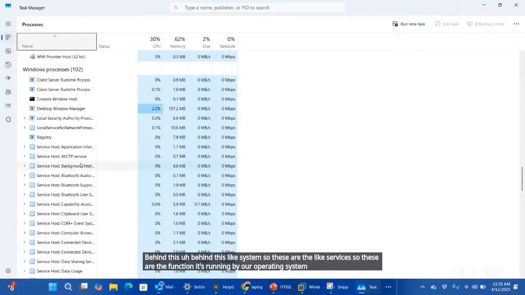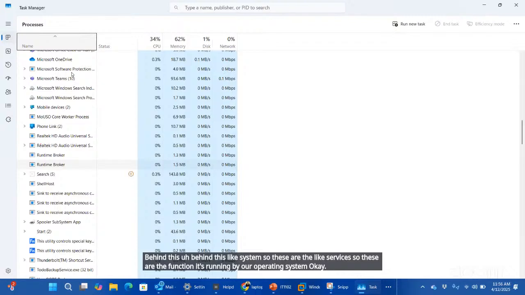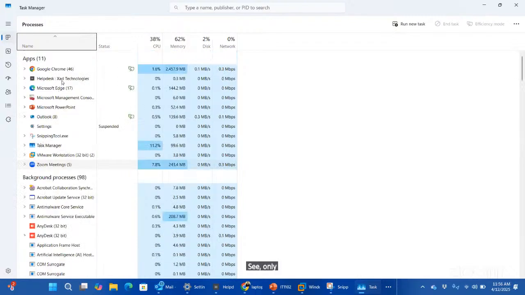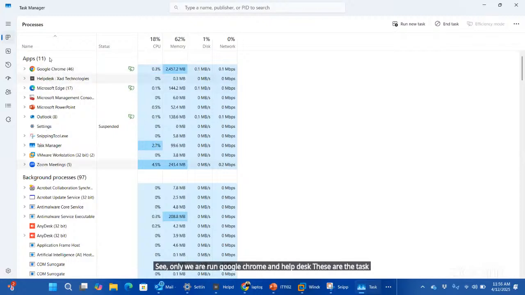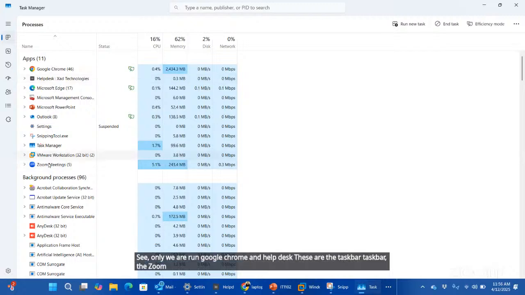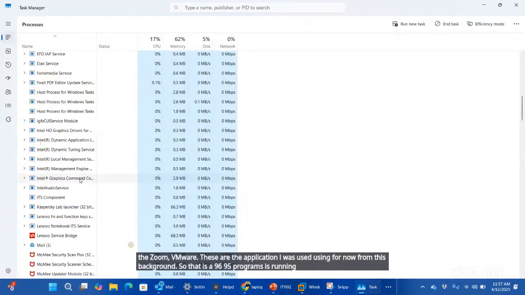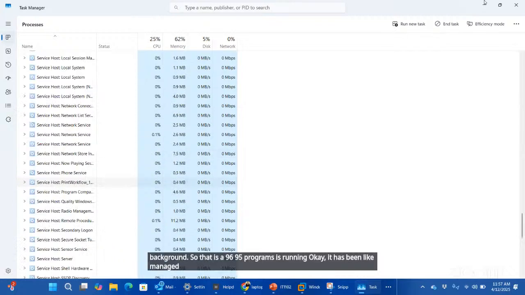We only run Google Chrome and help desk, the taskbar, Zoom, VMware. These are the applications I was using for now. In the background there are 95 programs running, managed by our operating system.